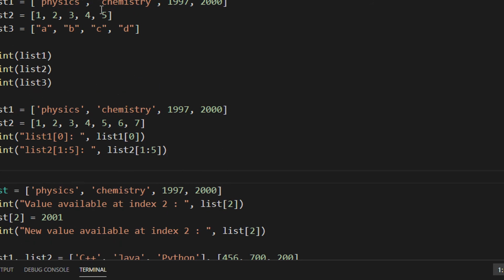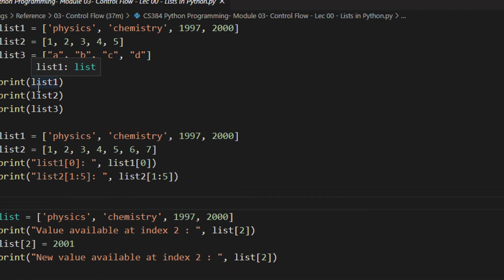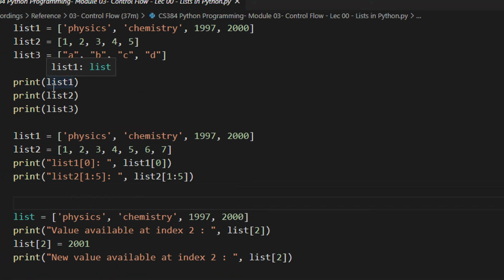Now we are beginning with module 3, which is control flow. Control flow basically deals with if, else, while, for loops, and Python is very similar to C but does have some advanced features. So before beginning into that, we have to look at a feature in Python. Basically, it's an inbuilt data type known as lists. Okay, so what are lists?